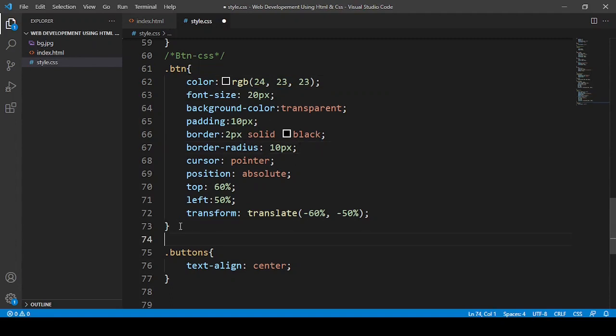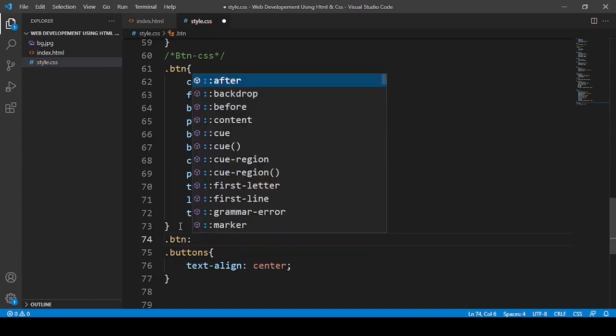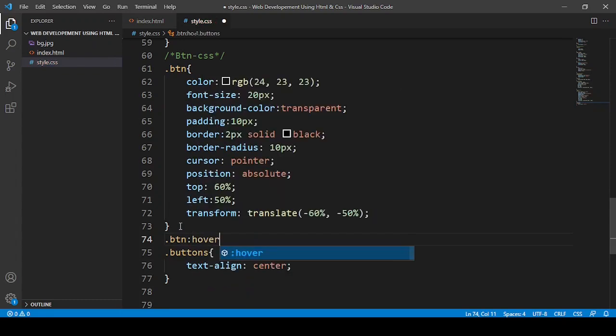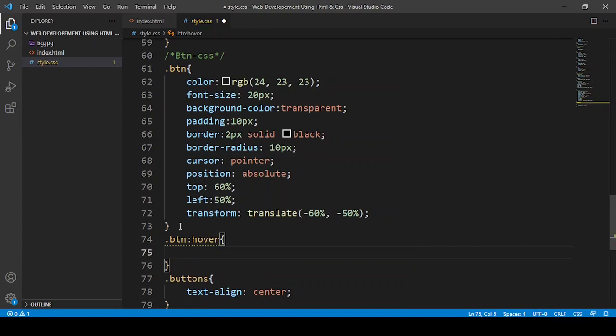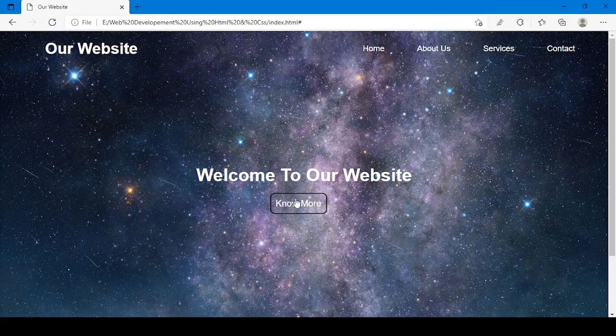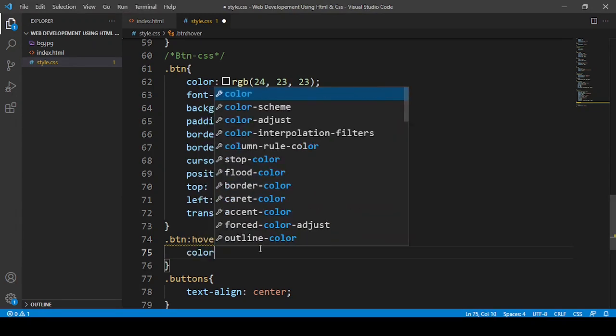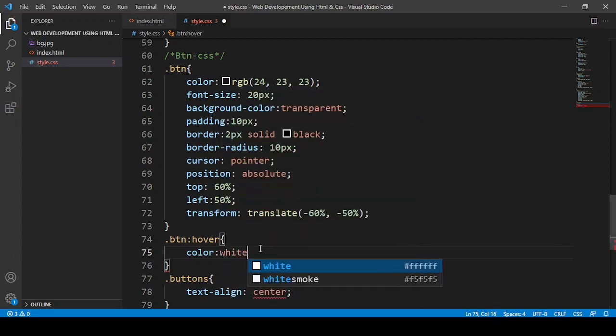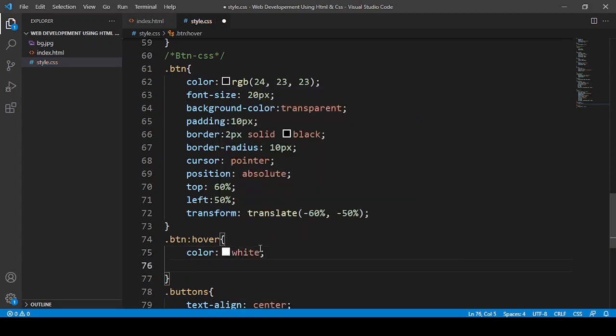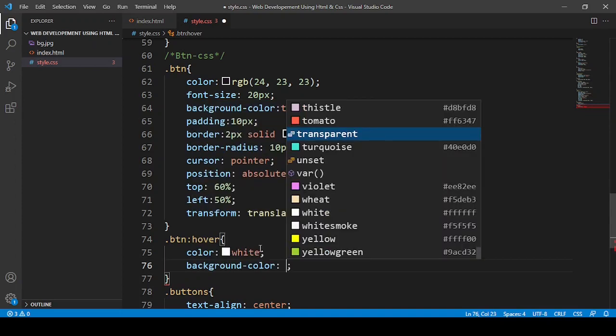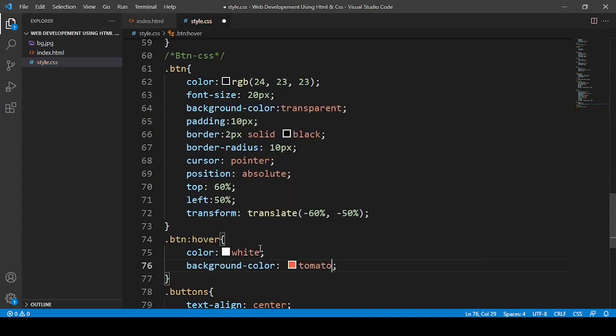Now I am going to use something magical, means in the button I am going to say here hover. What I am saying is when somebody hovers it, I want the color equals to white, and background color I'm going to say tomato.